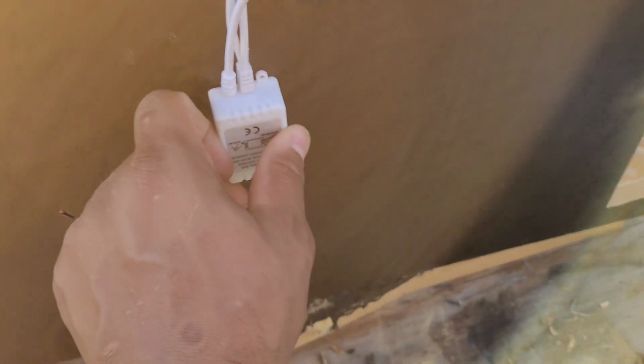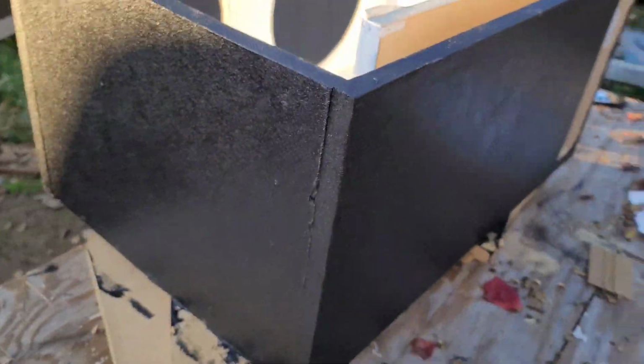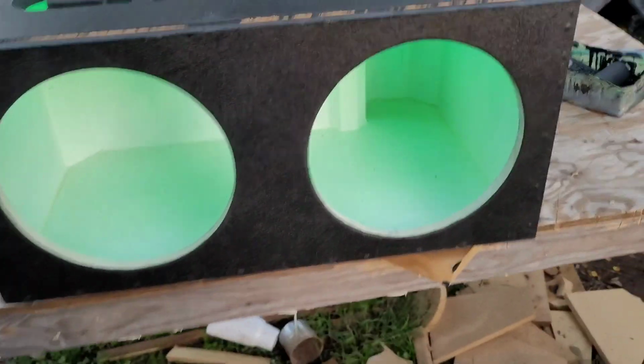Mount that somewhere right there, something like that. We'll see. But yeah, now I'm about to drill the hole for it. And man, it's something bright today. Got a glare going on. But alright guys,